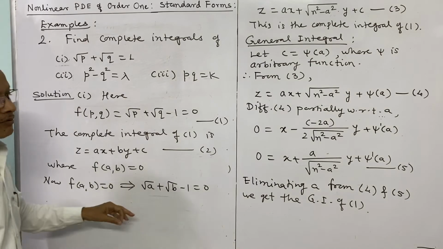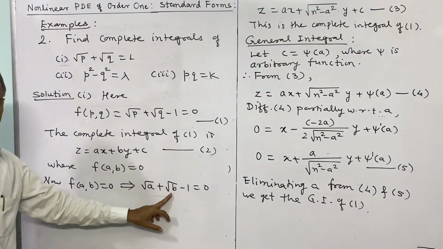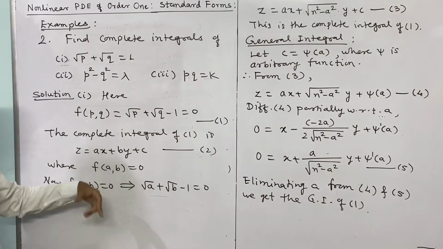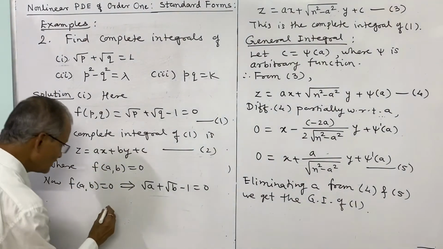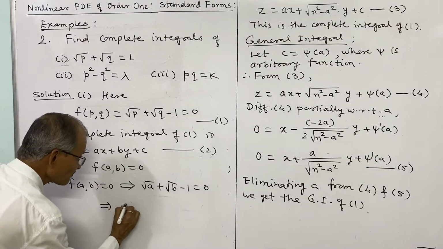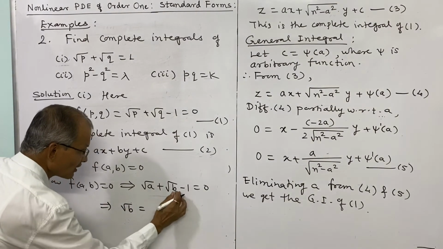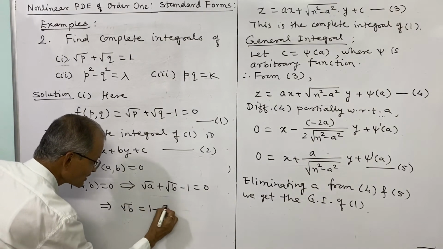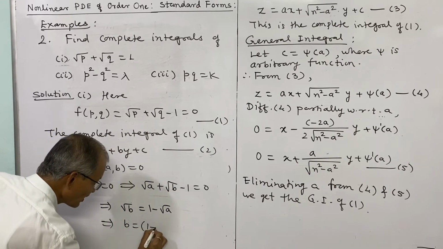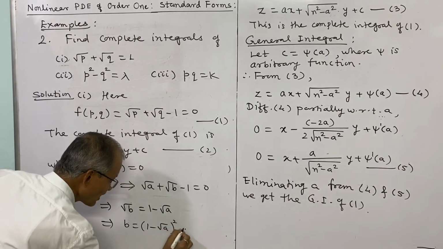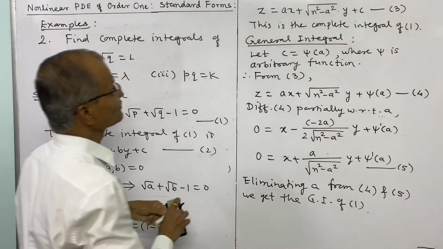From this, what we require is the value of b in terms of a, and put that value again in the complete integral. So this implies root b is, shifting that to the right side, 1 minus under root a, or squaring both sides, b is 1 minus root a whole square. And now put this into